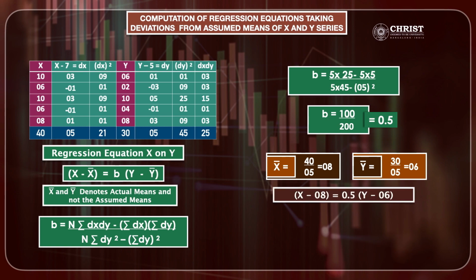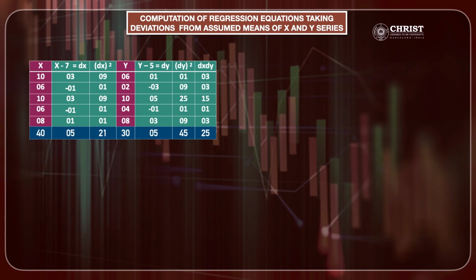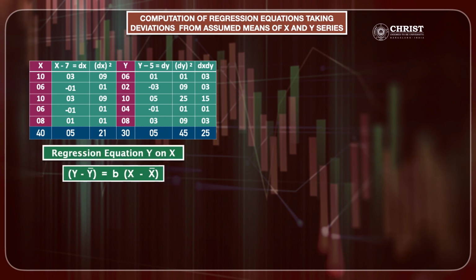That is x minus 8 is equal to 0.5 into y minus 6. So x minus 8 is equal to 0.5y minus 3. So x is equal to 0.5y plus 5. So this is the first equation, regression equation x on y. Now the second equation, regression equation y on x, that is y minus y bar is equal to